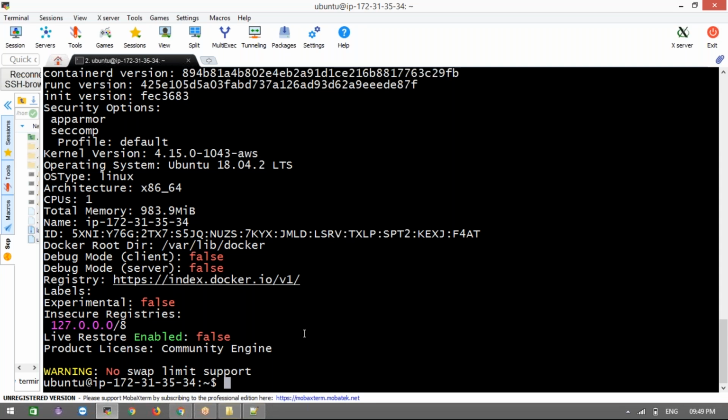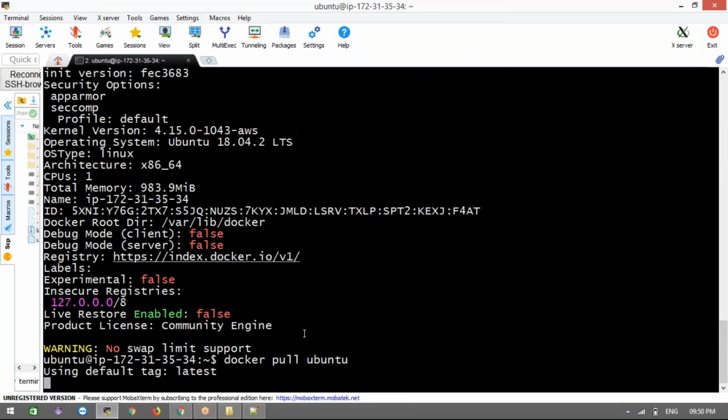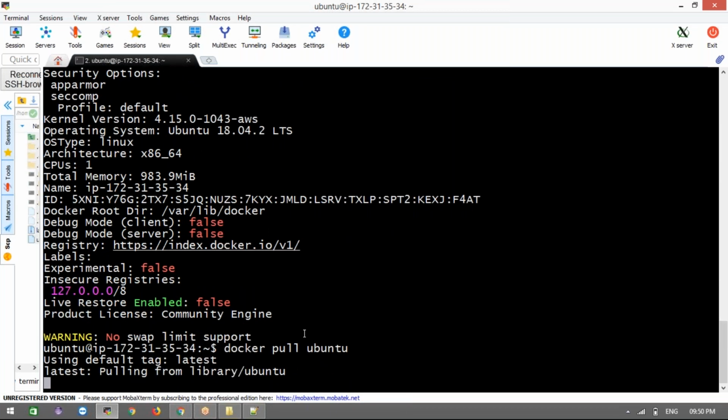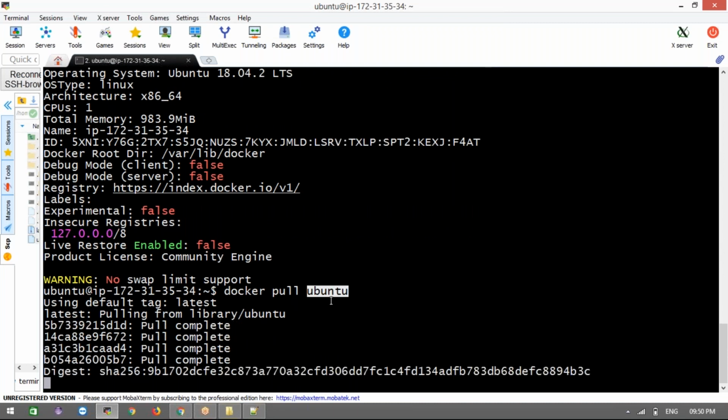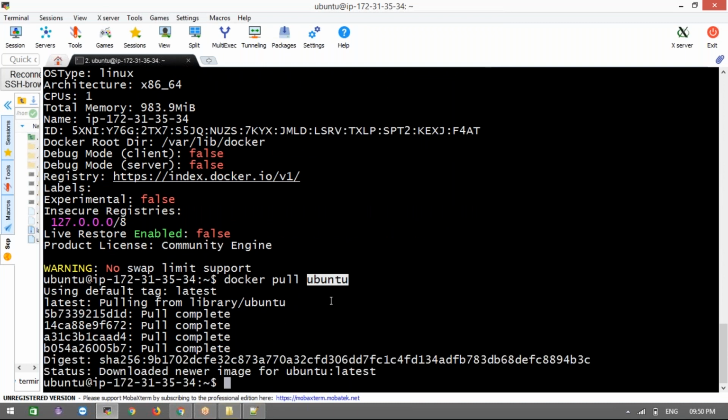Now I want to download Ubuntu software. How to download here? Now we are using Git, right? How do you download code to your local system from a repository? Using git pull origin master. Like this, here we are going to use docker pull ubuntu. It will download this image from Docker Hub to your local machine. Here it is not software; that image we are calling software. In the terminology, Ubuntu is the image.